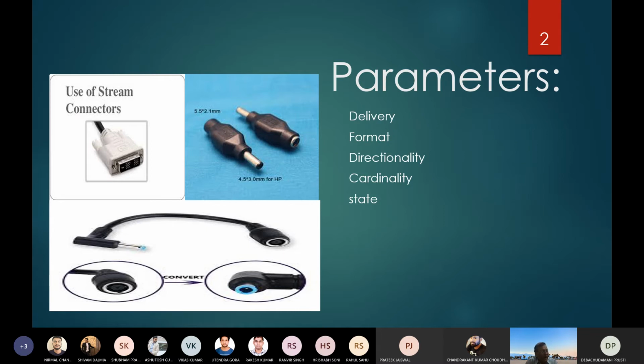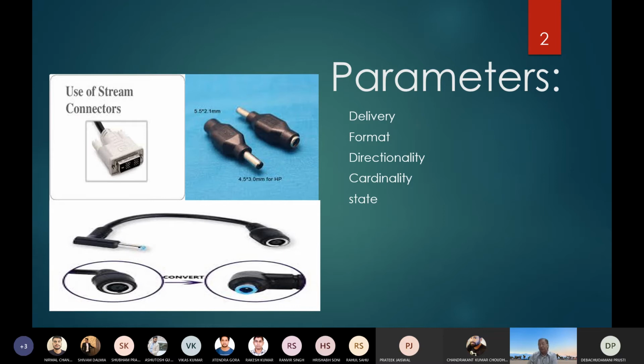These are for the hardware purpose. But we will be using the software connector. Okay, sir, I just gave these examples so that everyone can understand what I am going to tell in the further PPTs or slides.